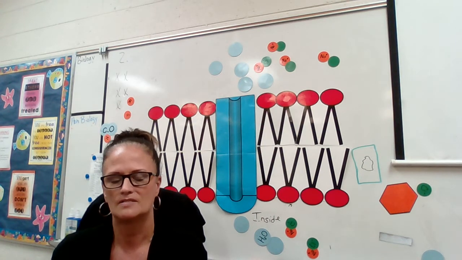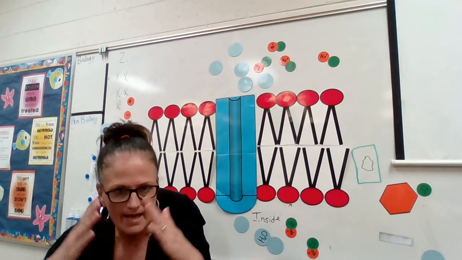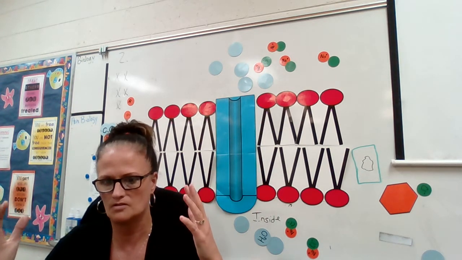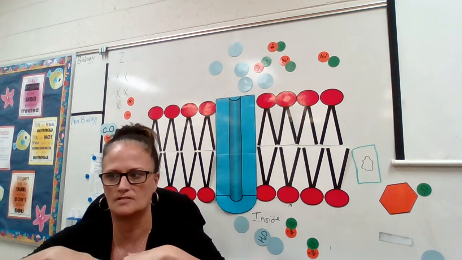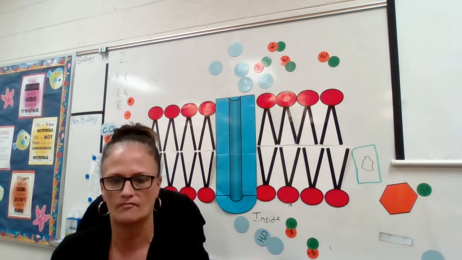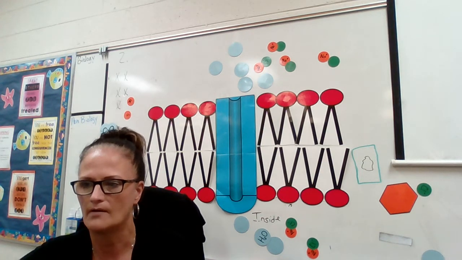And then exocytosis is when things are going to exit the cell. That's when we're going to get rid of waste. We're going to do the reverse of endocytosis. We're going to get rid of things outside of the cell. And if you'll look at your next slide right there,